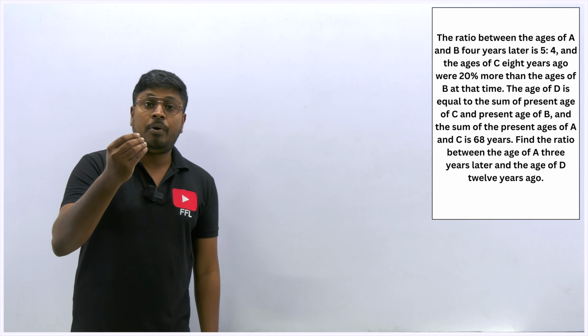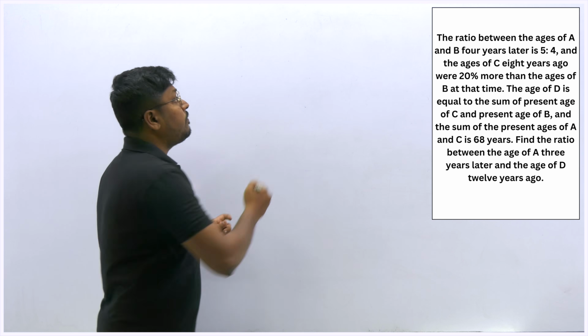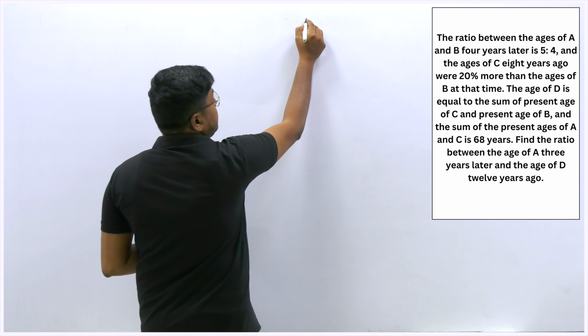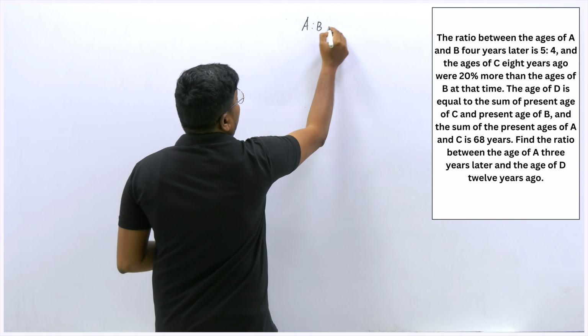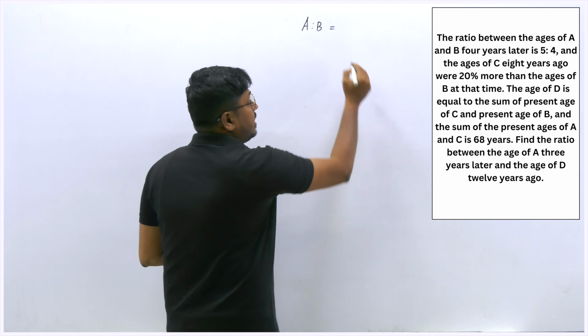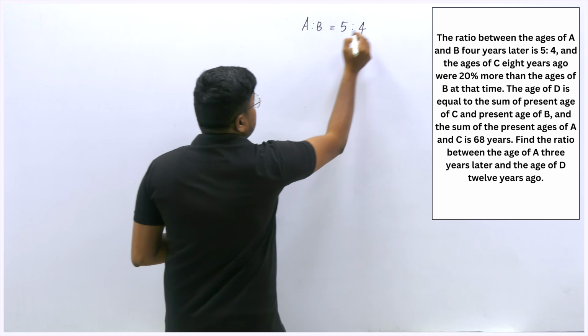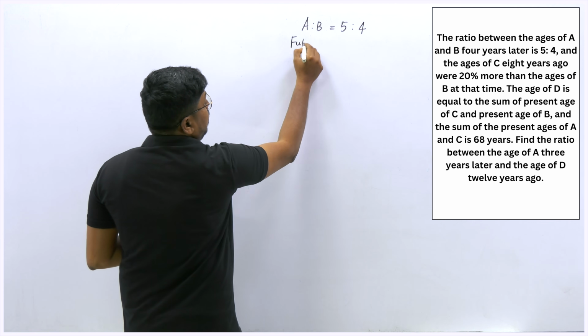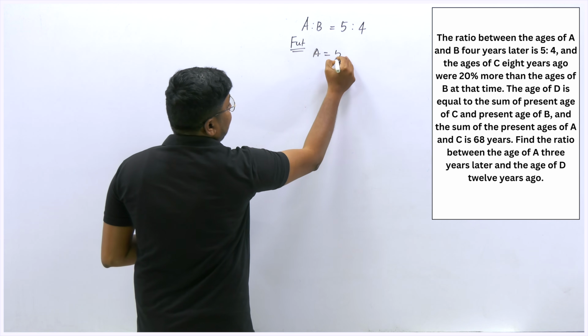So they are talking about later. That means they are talking about the future. So there are two ages, that is A is to B. How many years? 4 years later, 4 years in the future, right? Which is in the ratio 5:4. So let's take the future age of A is equal to 5x,